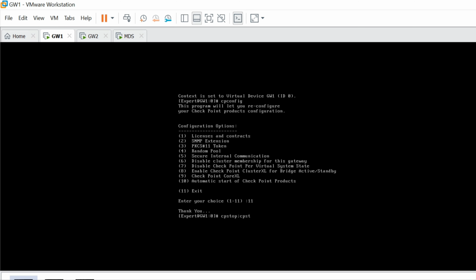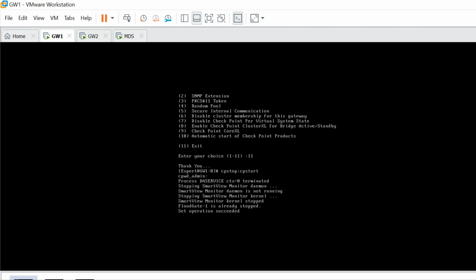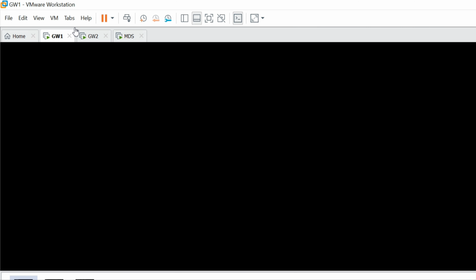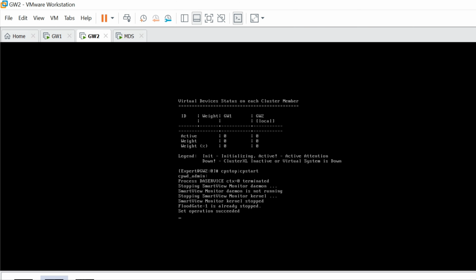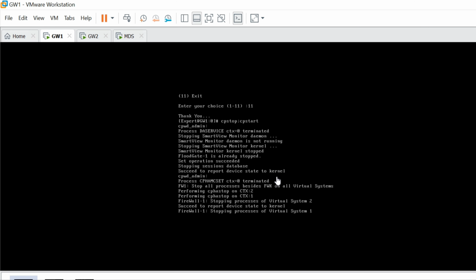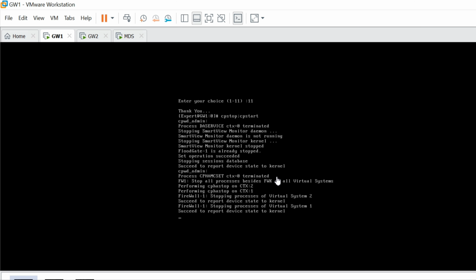Let me do the same with gateway 2, because if that option from cpconfig is not set properly, you won't be able to get the right answer from the vsx_util vsls command.